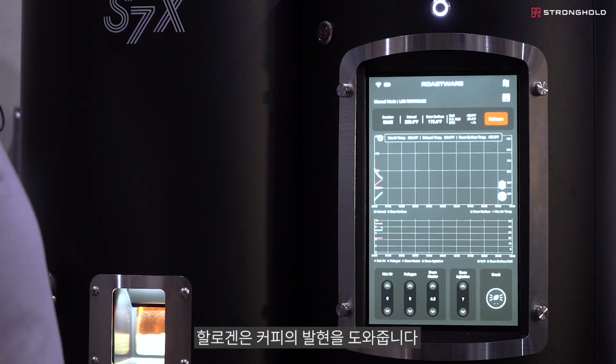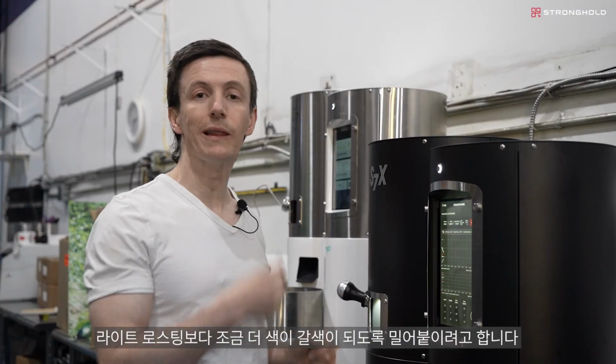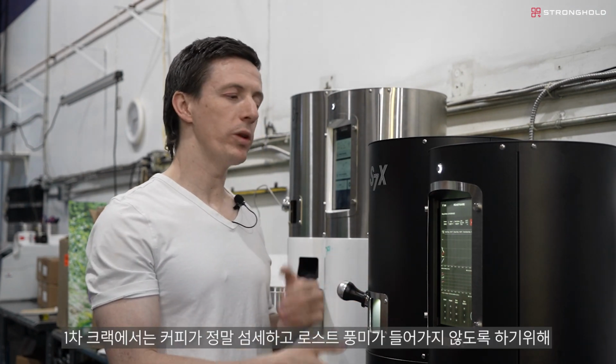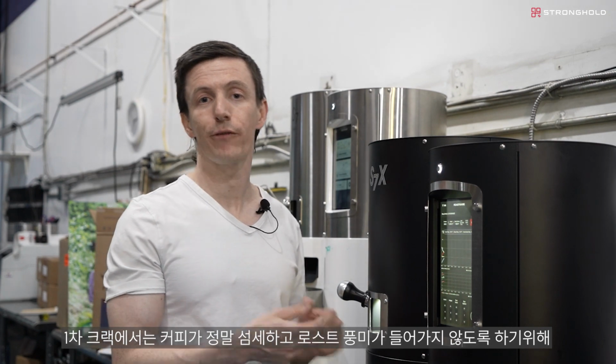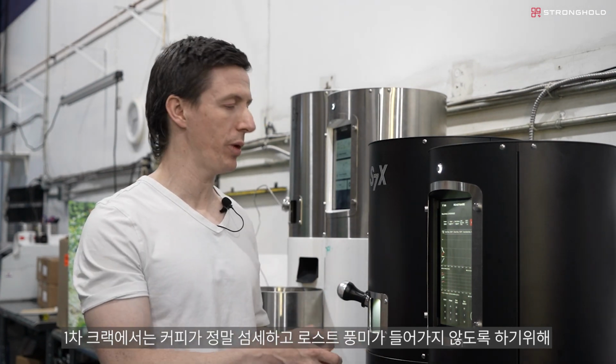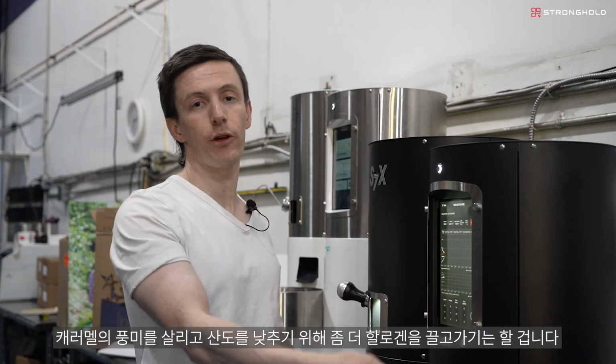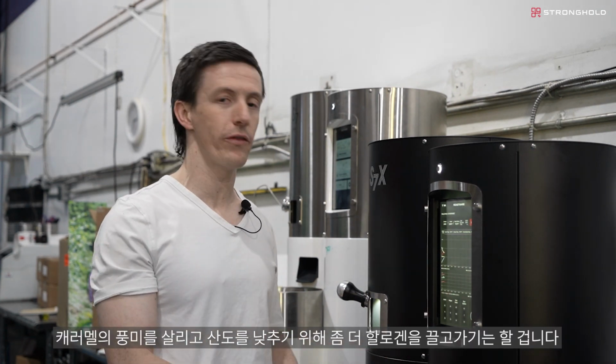Halogen to give me good development of the coffee. I'm gonna push it a little bit further than a light roast into more of a brown territory. We'll still have the halogen off by first crack, because at first crack, that's where the coffee's really delicate and we wanna make sure that we don't introduce any roasty flavors. But I'm gonna take it quite a bit further